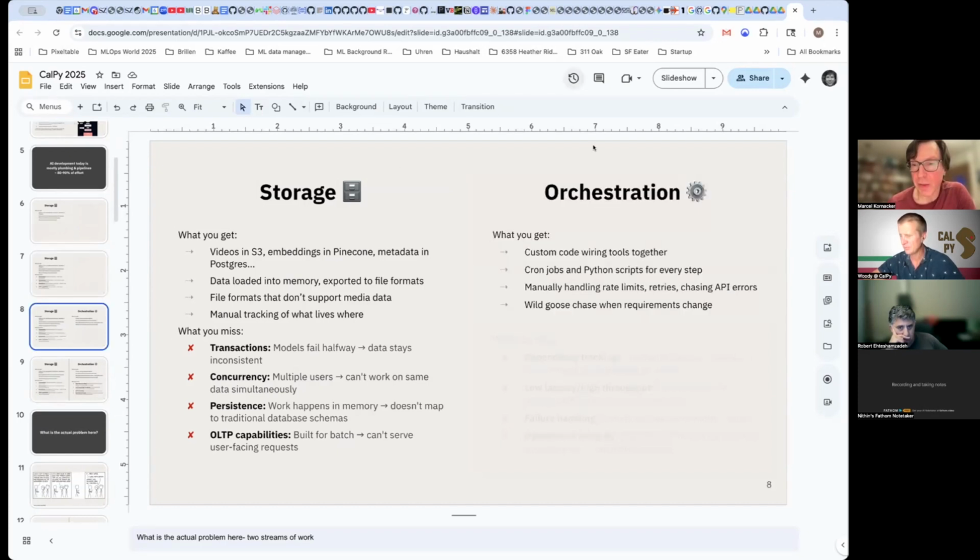And there's also the orchestration piece. Now you need to actually run transformations and do model inference and so forth. And so you need to write custom code to wire these things together. Let's say you take FFmpeg output and try to shove it into an OpenAI Vision API endpoint. You want to run things maybe in cron jobs because you need to have stuff done every once in a while.